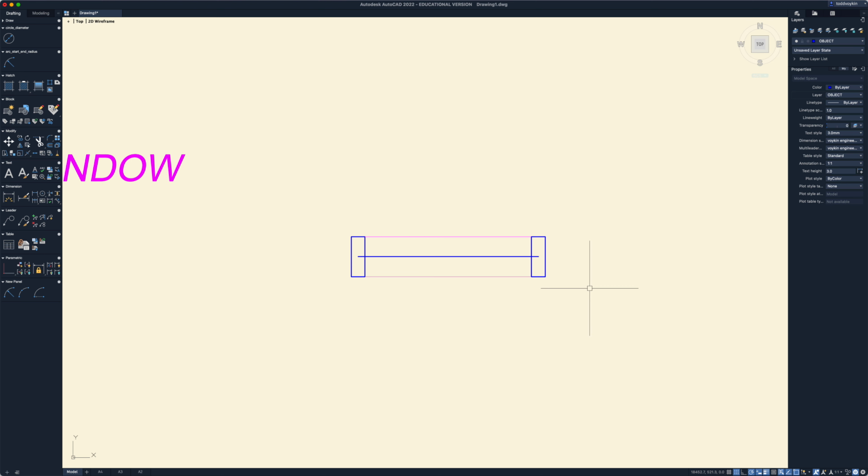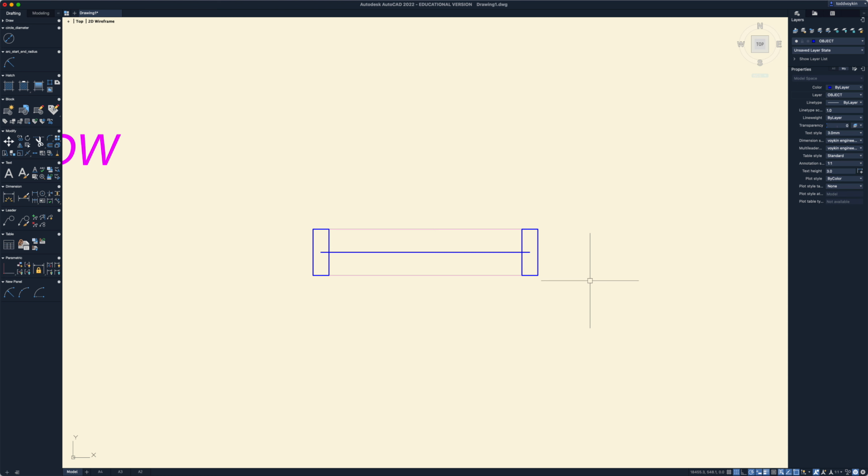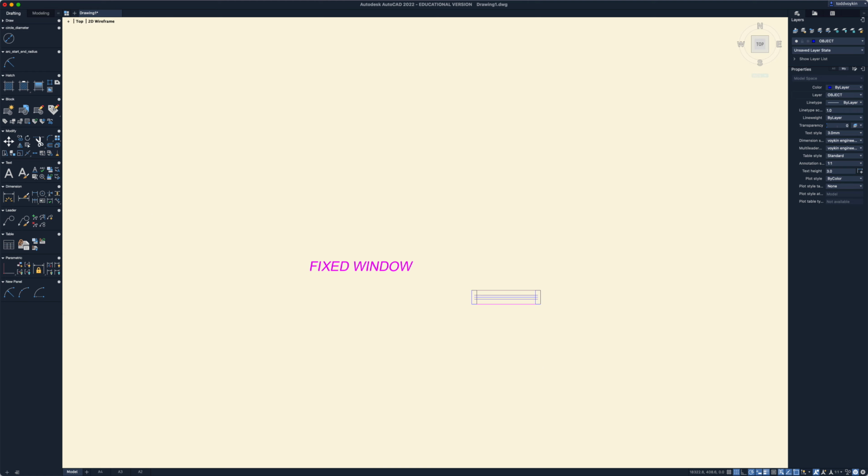So we're actually drawing the window sort of into the frame, and that's going to sort of symbolize that it's locked in place and can't move. Now, I'm just going to offset that line by 20, and I'll go 20 up and 20 down. So basically that is my fixed window at